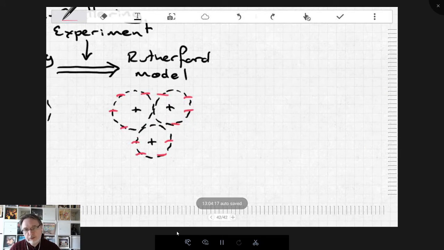Now, the Rutherford model only lasted for a few months before the people working on light emission from gases realized, okay, this can't be right. You can't have all of the electrons in a single orbital, because then there is no way for those electrons to be excited up to a higher orbital and then lowered back down again and give out light. There's only one orbital. You're either in it or you've escaped out of the atom. So within a few months, they realized this model is wrong. And it took about 2 years to come up with the next model of the atom.